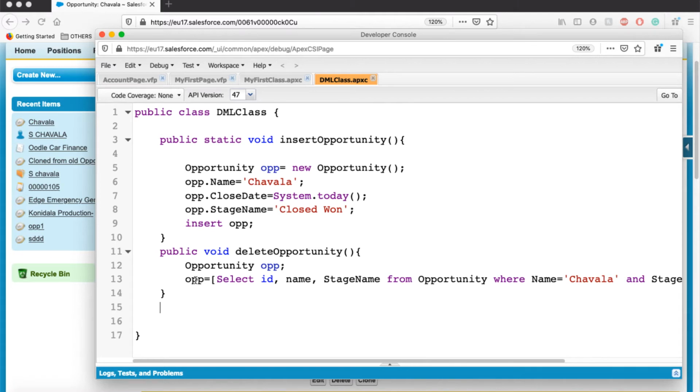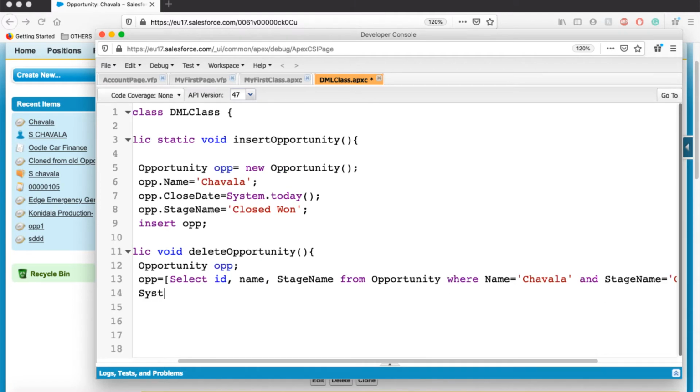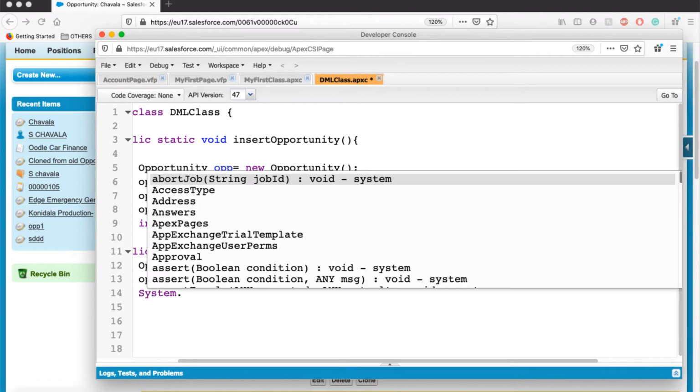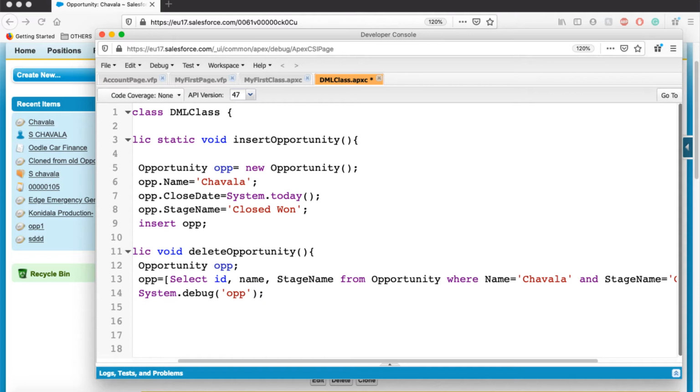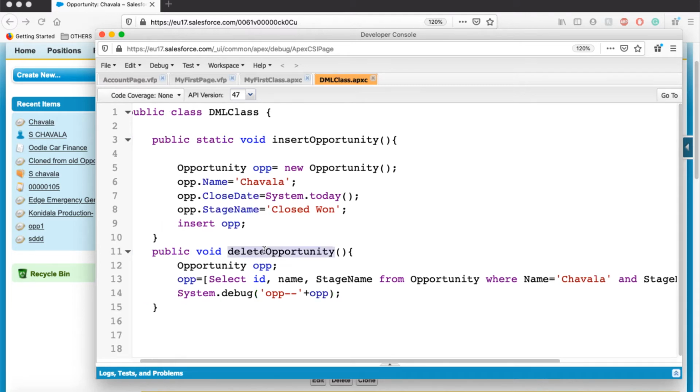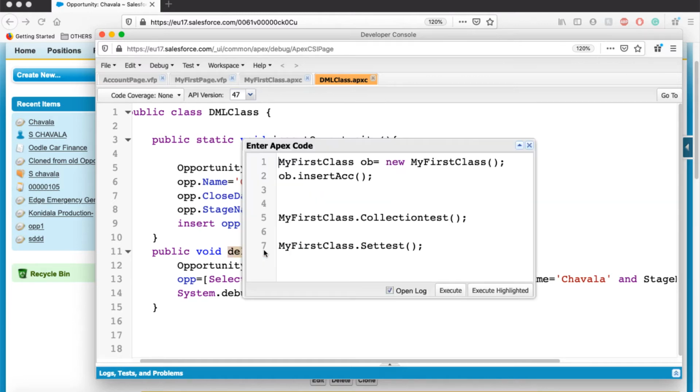Now I would like to see what this OPP is holding. For that, System.debug OPP, concatenating OPP, Control S. Now if I call this method, what will happen? The Chavala record will be deleted. How to call this method? Control E,